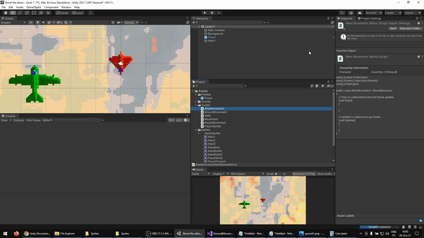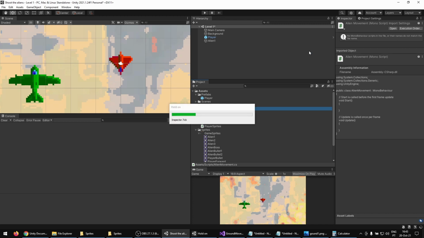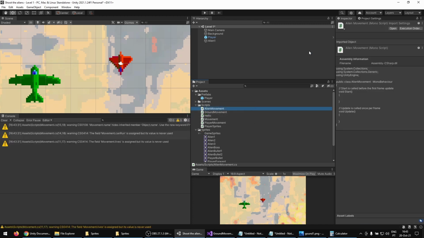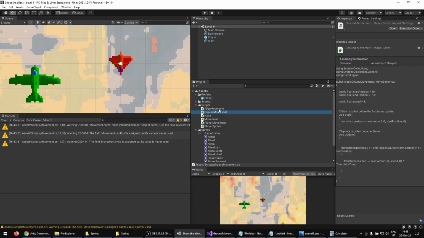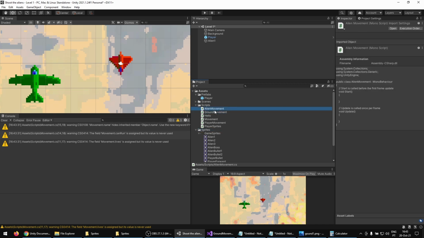And I'm thinking that alien 1 can be faster, alien 3 can be slower, they can have different behaviors in terms of shooting or whatever. So let's try to create this alien movement as easy as we can to make changes later and not hard code every number. Okay, so alien movement goes inside alien 1,